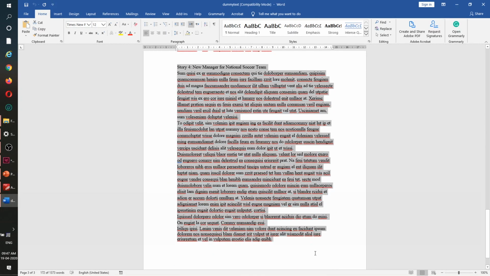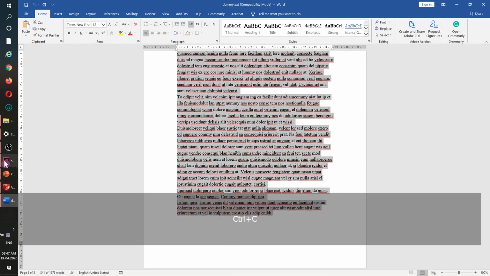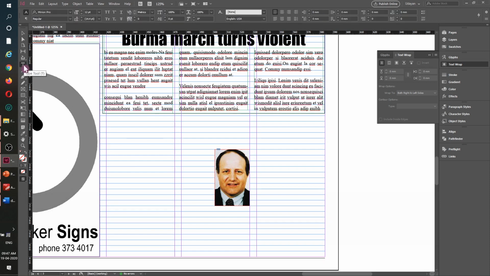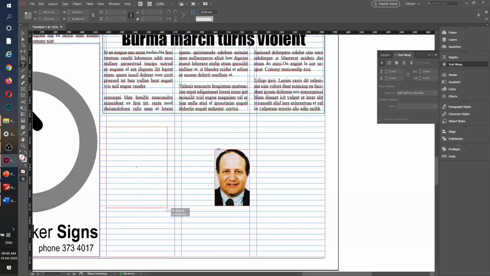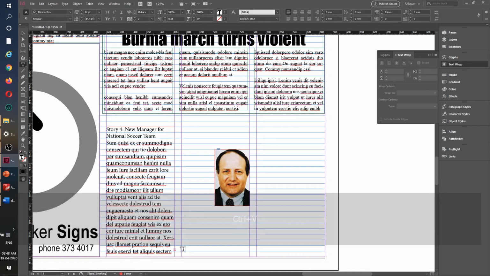Okay, I'm picking up the whole story that is there. Control C, coming down to InDesign, and I'm trying to fit it in. So again, you know the drill. Type tool, start filling your story from one of the margins like so. Control V, right?